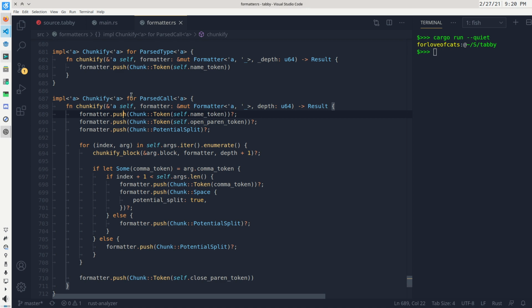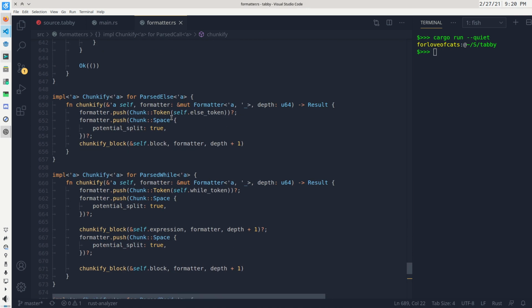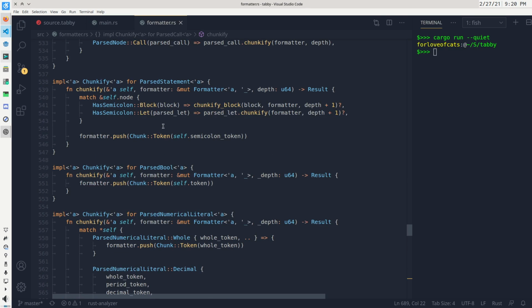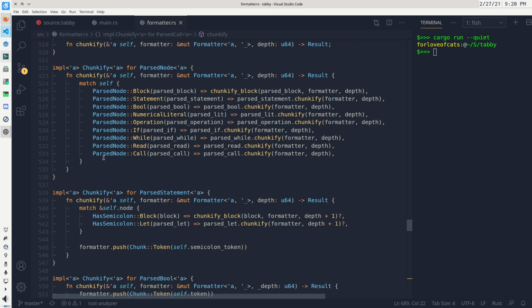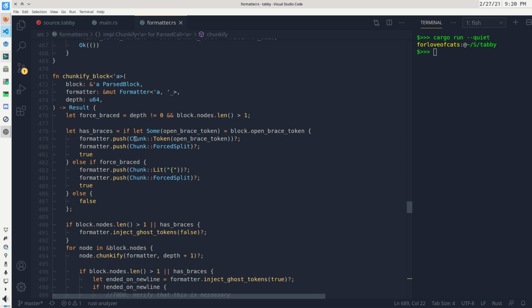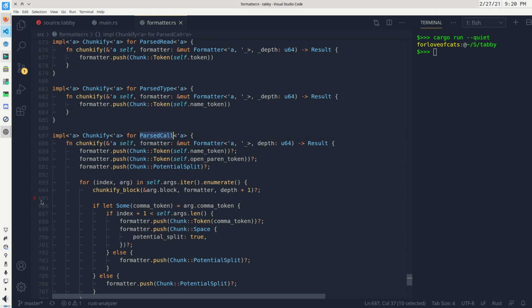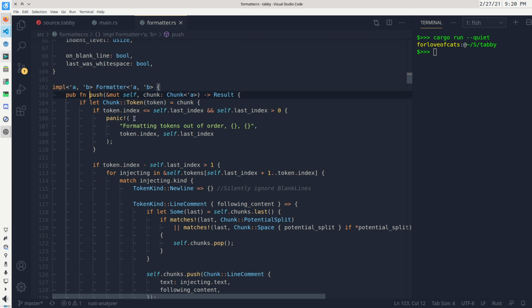So we have this parsed. Let's look for something fairly simple. Yeah, we'll do this. Parsed call. This is a function call, right? This is our formatting object, and we push to it our chunks, and then the push